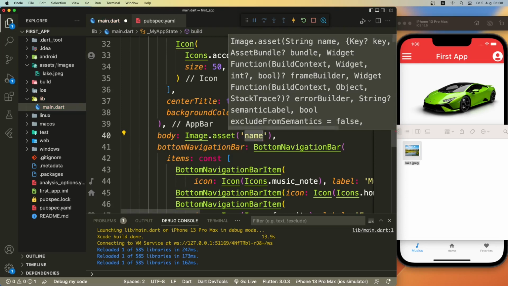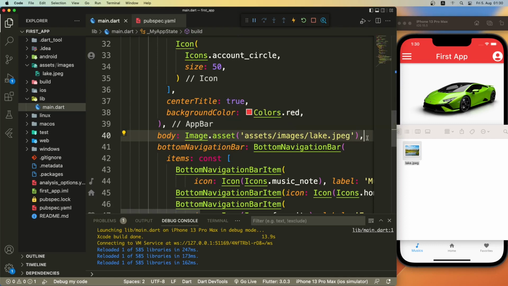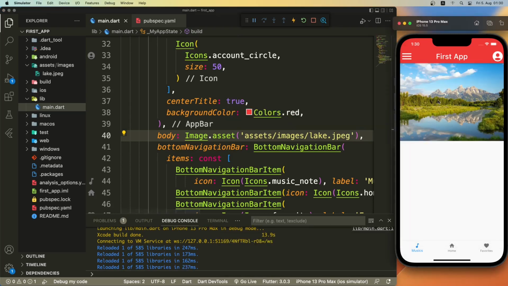So let me type in assets/images/ and then the name of our image, which is lake.jpg. Now let me save this file by pressing Command S or Ctrl S in Windows. As you can see, now we have a new image inside our Flutter app, which is sourced from the local storage. You can also change the height and width of this image and do some other stuff